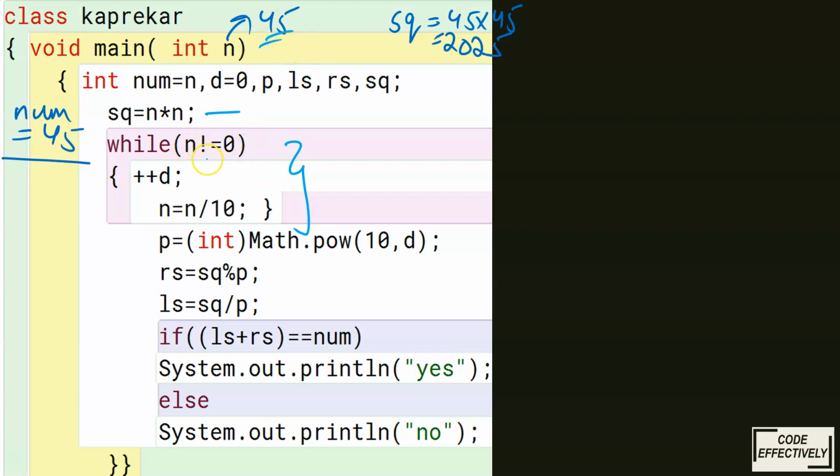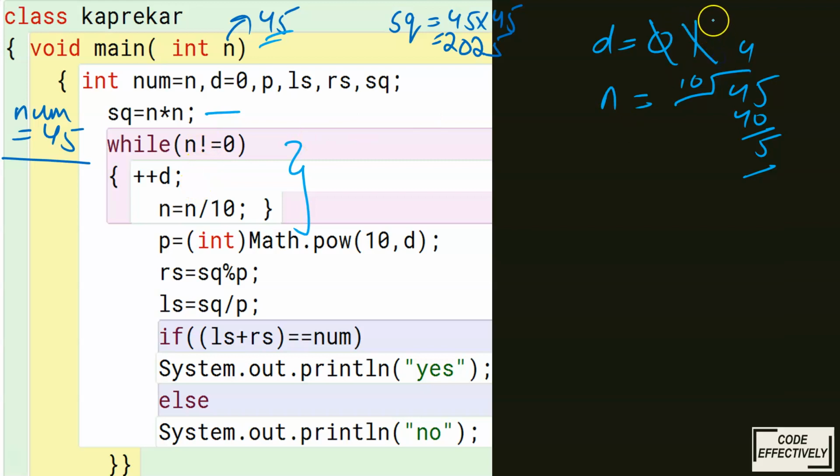Now let's take one more dry run for your convenience. The condition is n not equal to 0, then d plus plus. Let's see first of all. What is the value of n? 45. 45 is not equal to 0. Condition true. So we will add. The value of d was initially 0, now it will be 1. Now n is equal to n divided by 10. So what will be the value of n now? 45 divided by 10 gives quotient 4 and remainder 5. So n is now 4. Now it will go and check: n is not equal to 0, condition true, it will add to d.